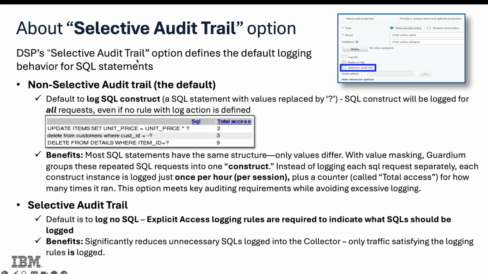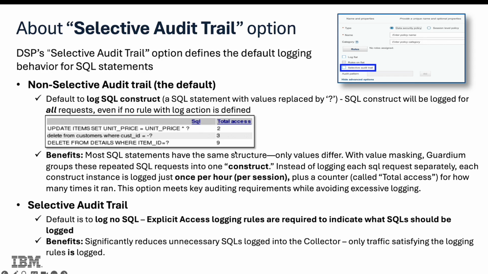It defines the default logging behavior for SQL statements. This option is off by default, so it's a non-selective audit trail policy. With this non-selective audit, only SQL constructs, which are SQL statements with values replaced by question marks, are logged. As the screenshot shows, the second delete runs 3 times and the third runs 9 times in 1 session per hour, respectively. And by default, with non-selective audit trail, all SQL constructs are logged, even if no rules with logging